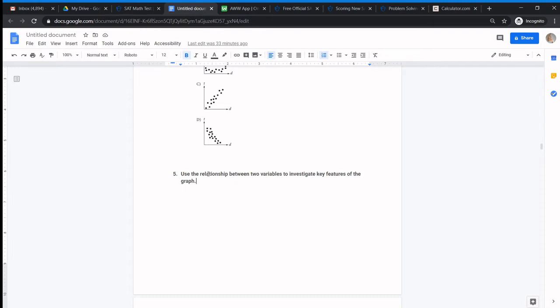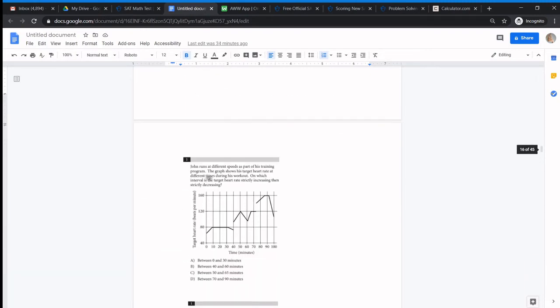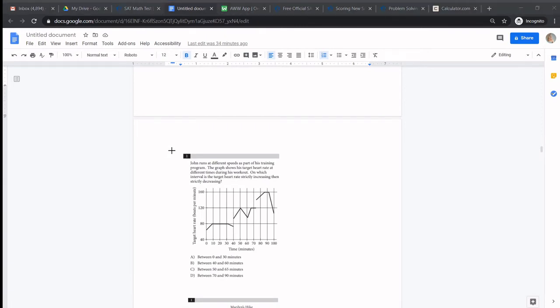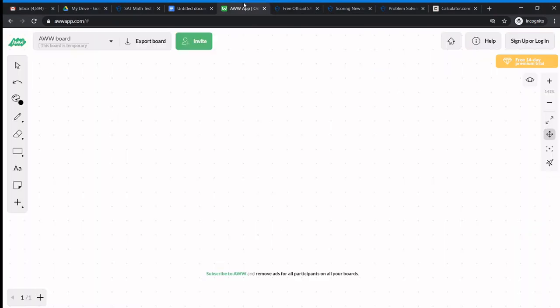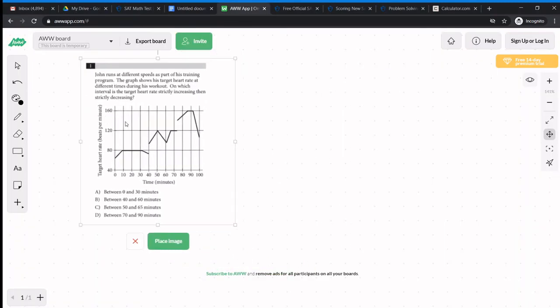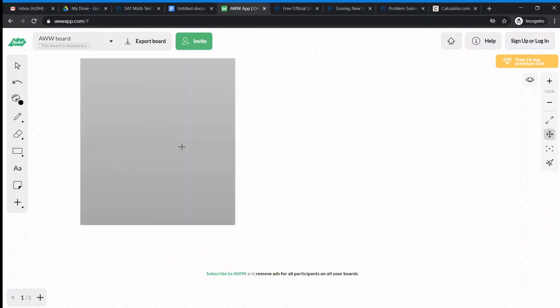Use the relationship between two variables to investigate key features of the graph. Alright. These problems are not too bad at all. So, put this up here. All we have to look at is,